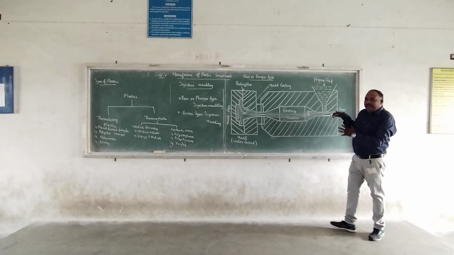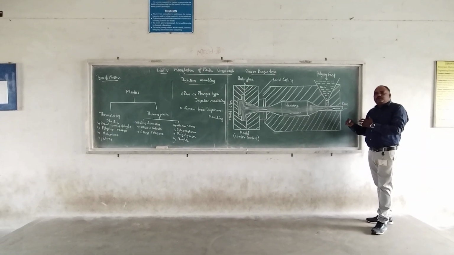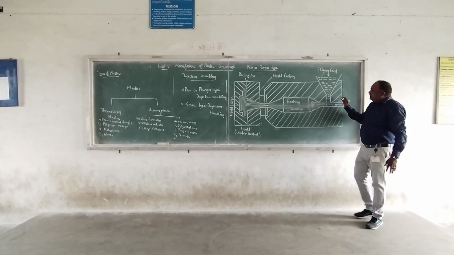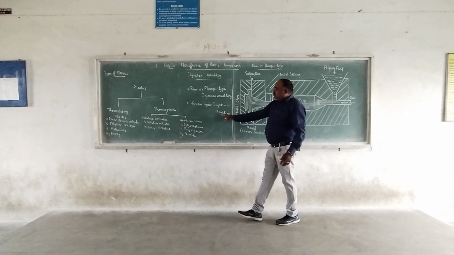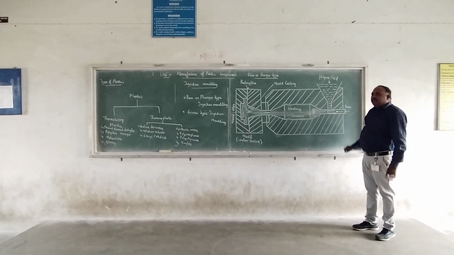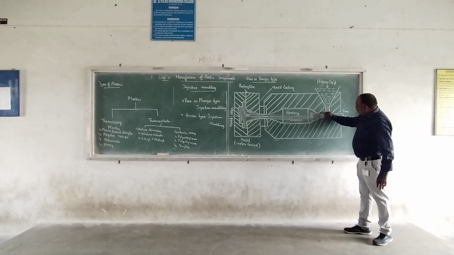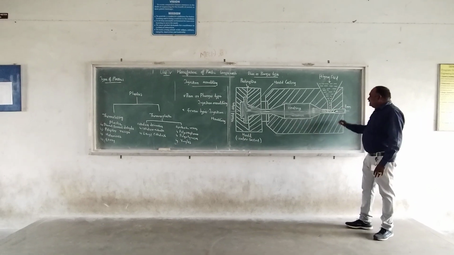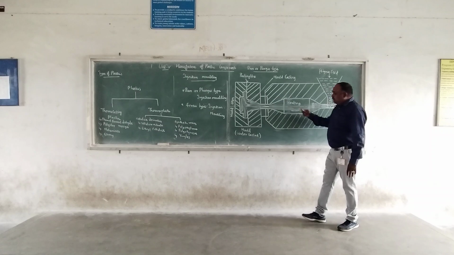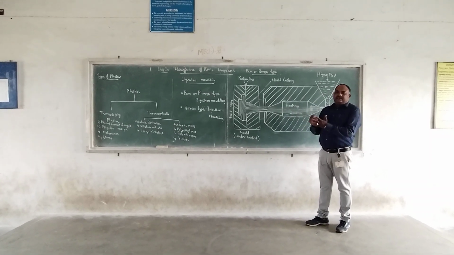So this is mainly used nowadays for making a large number of products, and we can do mass production by this injection molding process. And then the next method is called screw type injection molding. In the ram and plunger type we use a ram, and for that we substitute a screw. With the help of the screw, we insert the raw material into the mold. That is the difference between the ram and plunger type and the screw type.